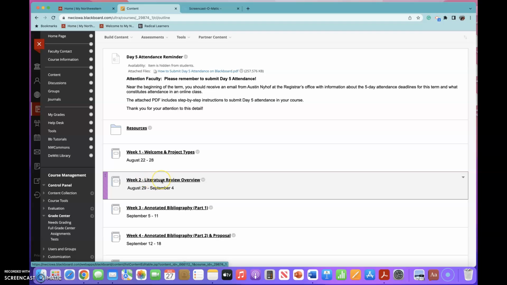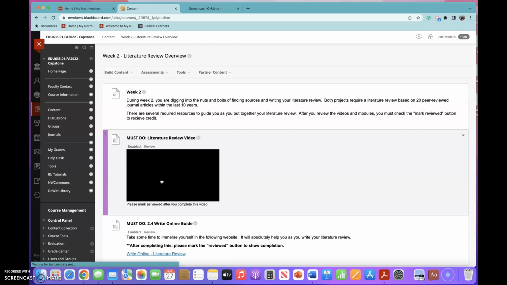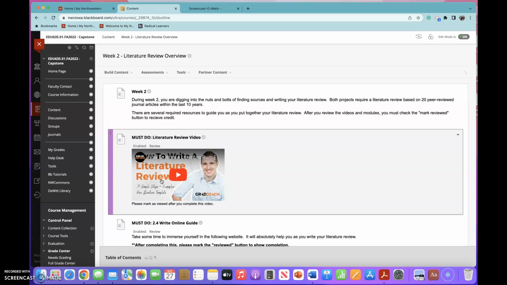So here you've got your literature review overview. This week you're going to be taking a deep dive into the nuts and bolts of finding your sources and writing that literature review section. Please remember that you need to have your component document downloaded from last week. It's sort of like an outline of your project, so that way you can tell what the length of each piece